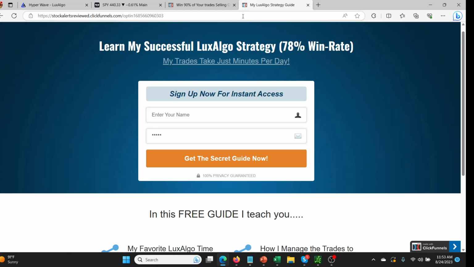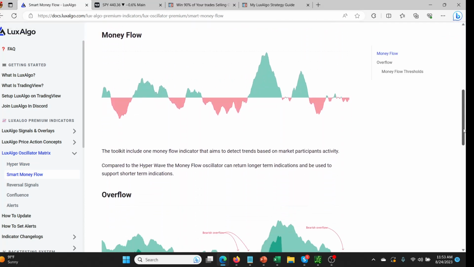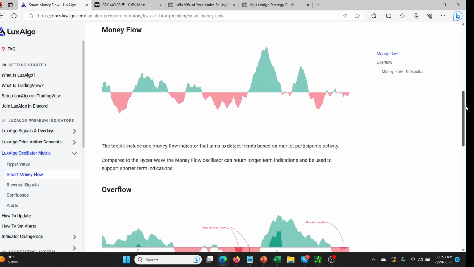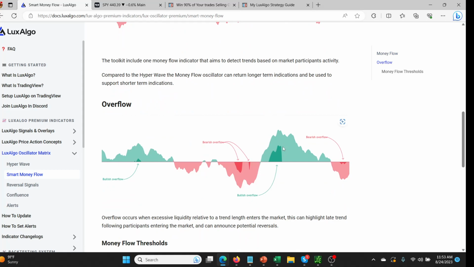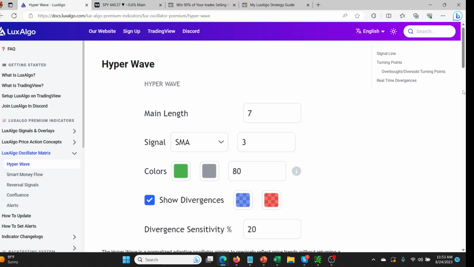Anyway, let's have a look at what I'd like to talk about today. So I downloaded the LuxAlgo oscillator matrix package the other day. Did a video about the smart money flow. If you guys saw that, it was basically about these waves that you'll see on the chart that I'm about to show you. In particular, the overflow, which is this idea that the buyers are dying off quickly here and that you should see a corresponding decrease in the price action. And that's often what you see. So I don't want to talk too much about that. I just wanted to refresh you guys in case you hadn't seen the previous video so that you'll notice this in the example I'm about to show you,